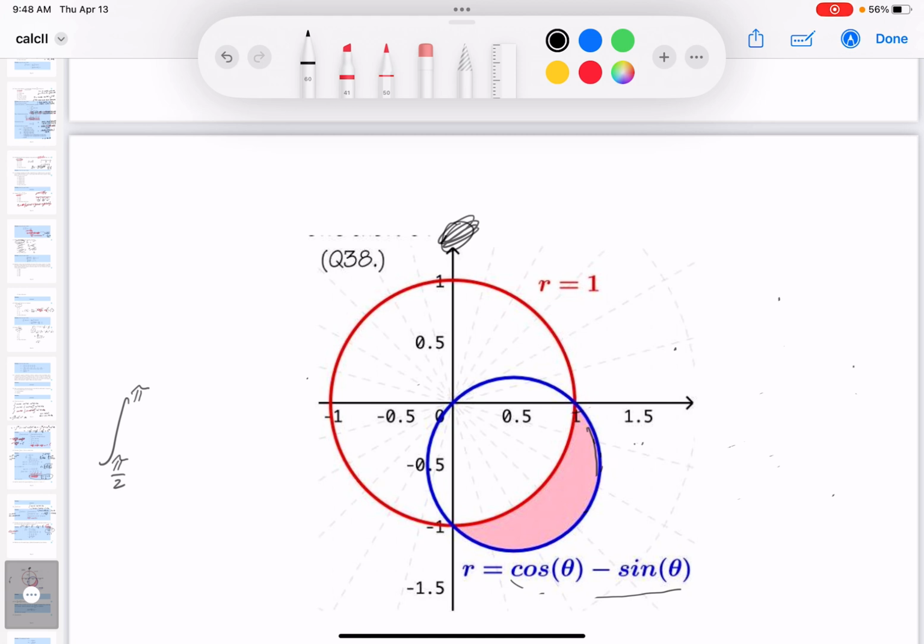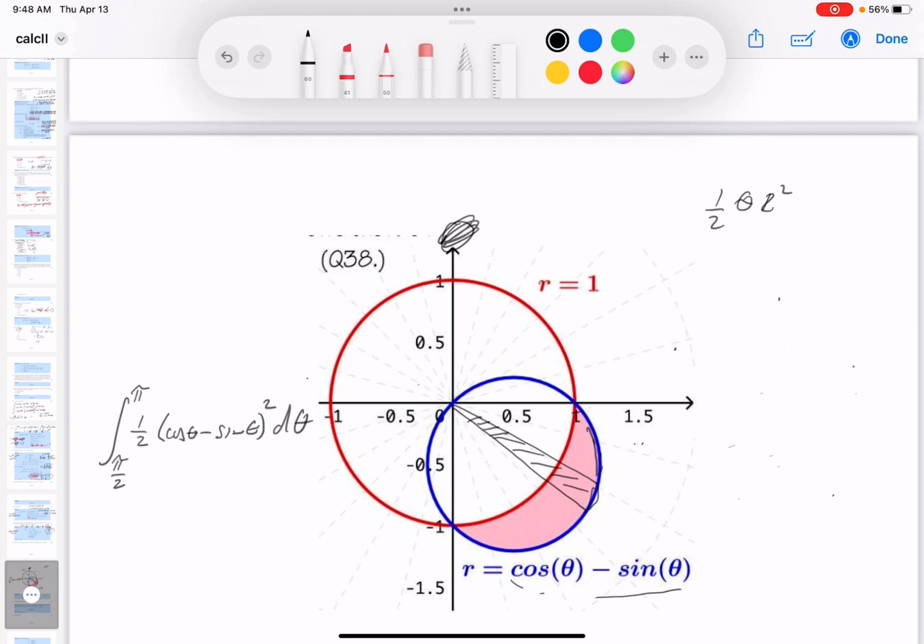And what am I going to do? I'm doing this thing over here. I'm kind of doing this arc over here. And I know how to do that, by the way. What's it going to be? 1/2, let's see, theta r squared. All right, let me write that down. So it's going to be cosine theta minus sine theta